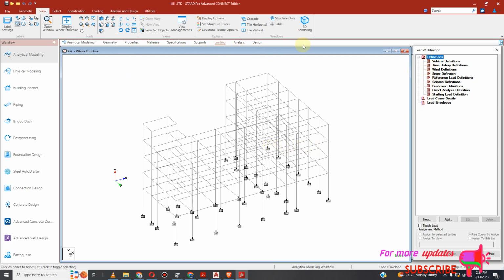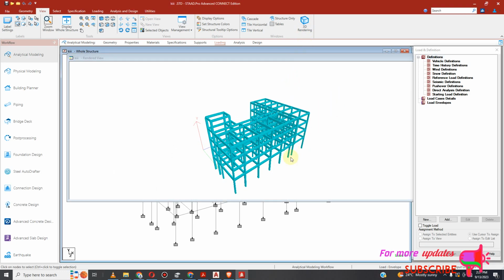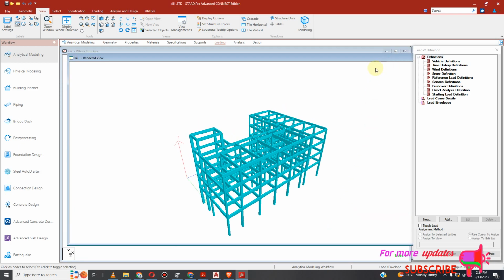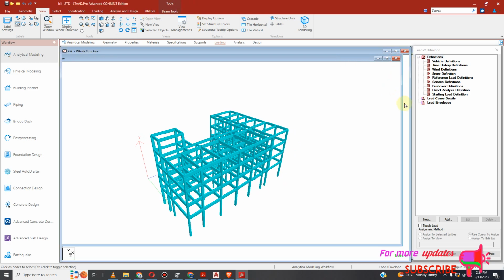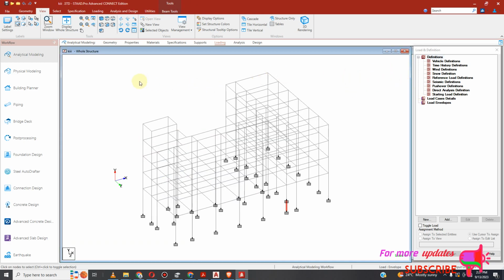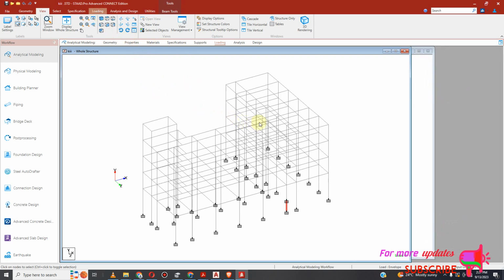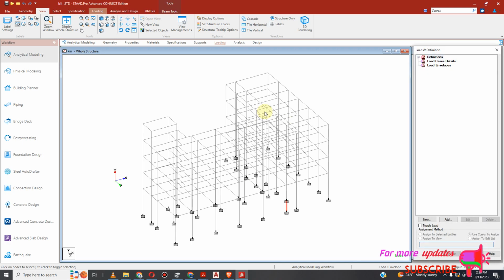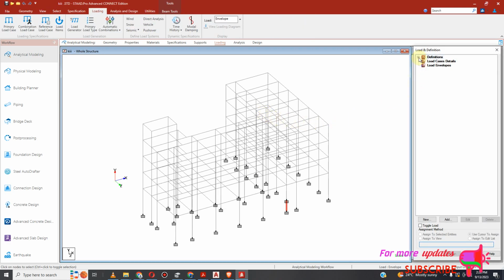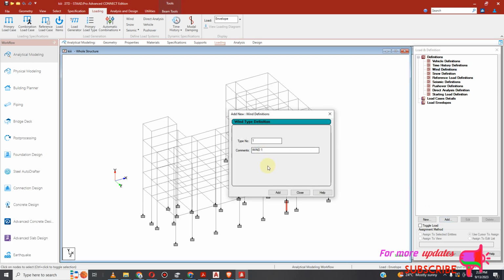So you can see my analytical model here, and here is my 3D rendering. I have modeled my structure right here. I need to assign loads, so I will go to loading and expand that one. The first thing I will add is wind, so I will go to add. I will add wind 1, add,